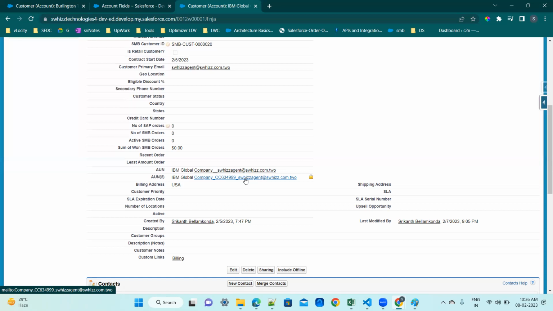So this is what formula is. Formula is one kind of a field. Roll-up summary is one kind of a field. Auto number is one kind of a field. Lookup and master-detail are one kind of a field. Checkbox, phone number, text long, text rich, those are all the fields. So far we have been discussing only the data types. So tomorrow,